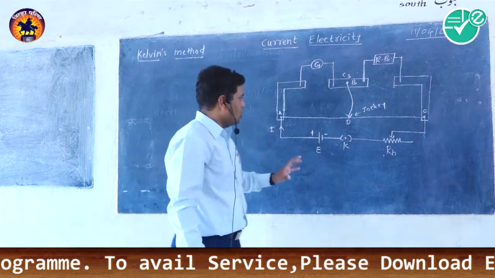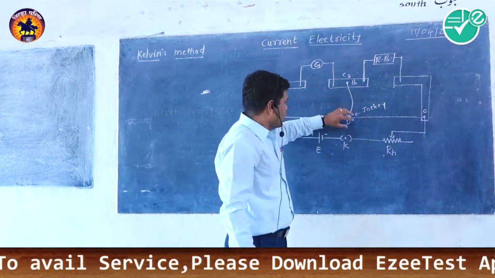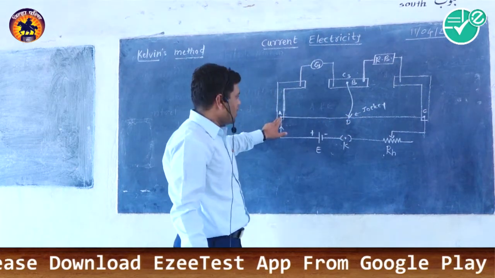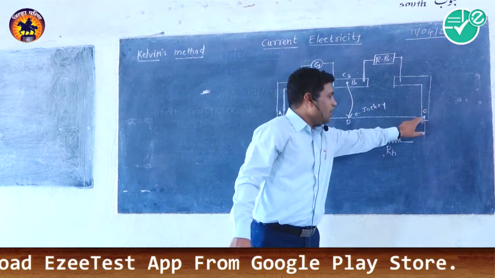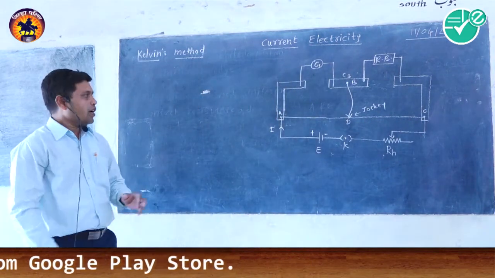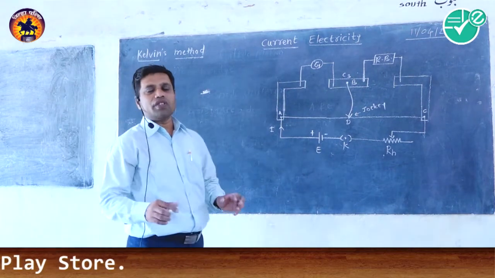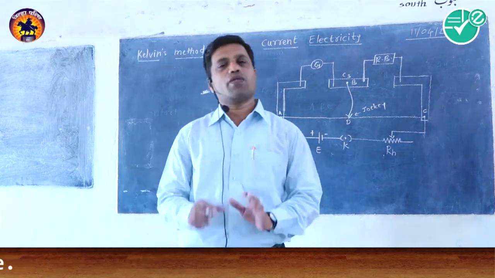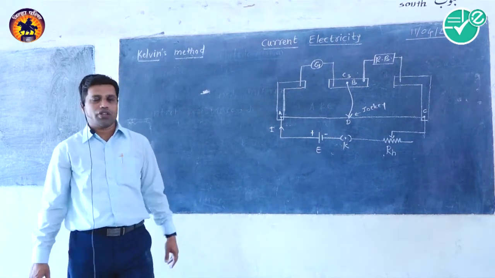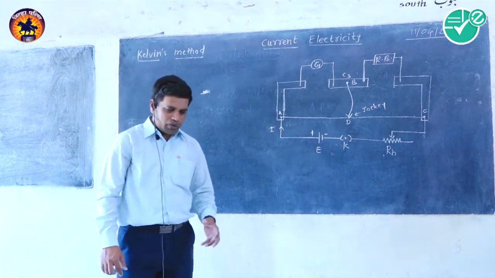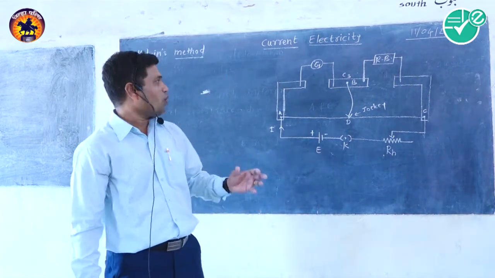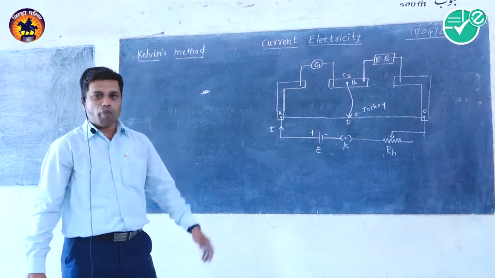As soon as current starts flowing through the circuit, you have to check by connecting the jockey at point A and tapping it at point C, and observe the deflection in the galvanometer. If you observe the deflection in opposite sides, then your connection is okay and there is no need to change it. If that does not happen, then check the connection. If there is some error or a loose connection, then make it proper.